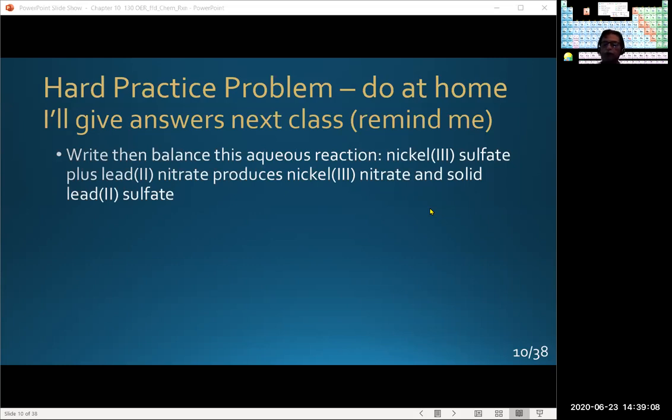First thing to do, I recommend, is to write the formulas for everything, given what you're given. That way you have the correct formula written up. Sulfate and nitrate are polyatomic ions that you find in the table. So use the polyatomic ion table to make sure you select the correct polyatomic ion and note their charges. Okay, so put the formulas together